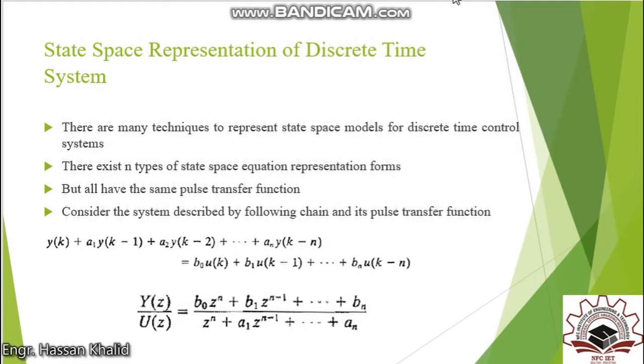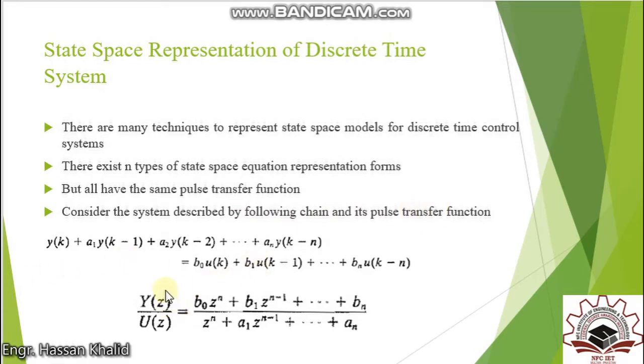If the system is continuous, then it will have the same transfer function for different state space models, and if the system is in the discrete domain, then it will have the same pulse transfer function for different state space models. Now consider the system that is described by the following chain from the output to the input side,